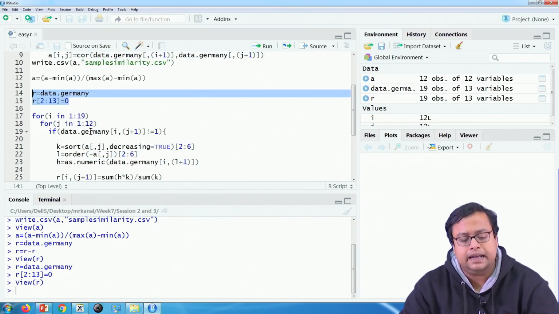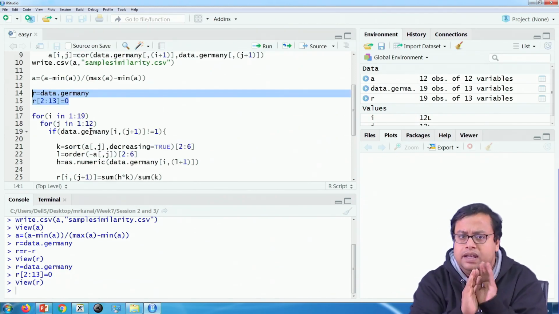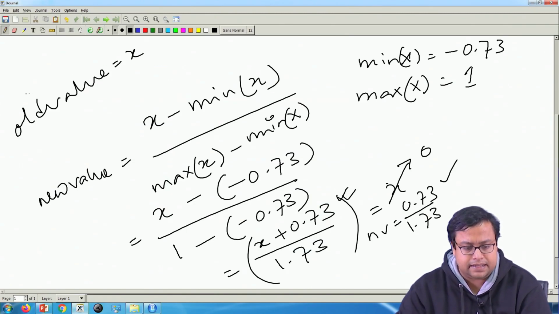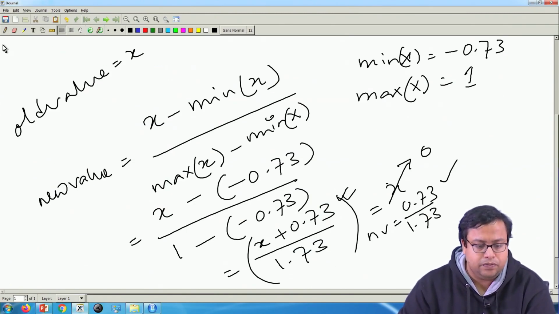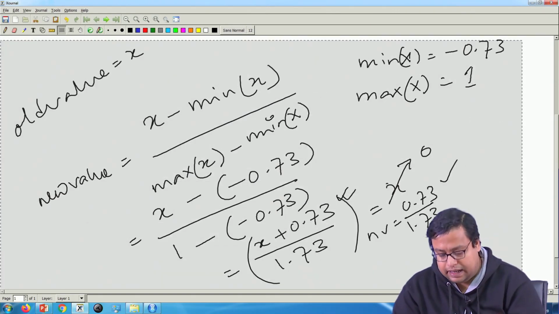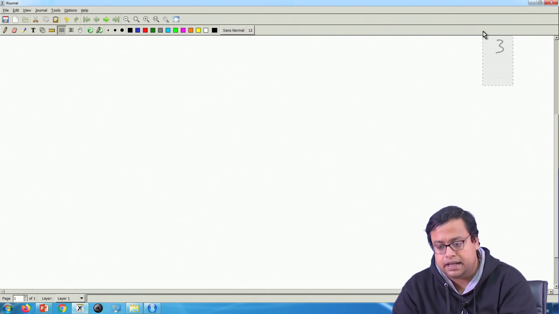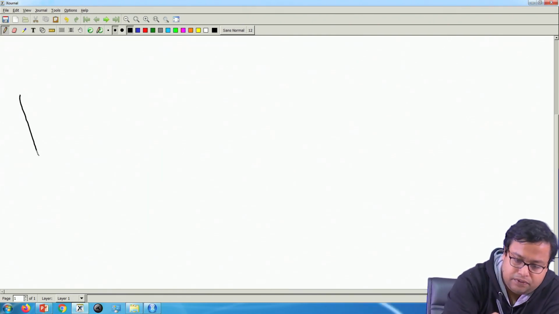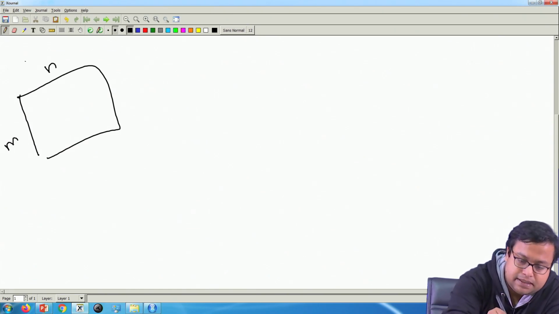Now, what did I do till now? I created only a similarity matrix. If you remember, I have created a similarity matrix which says that the higher the value, the more is the similarity, the lower the value, the less is the similarity. So, I started with m users and n items.